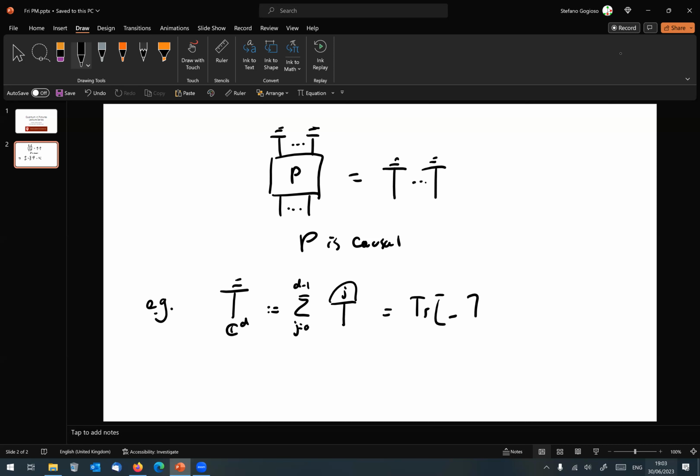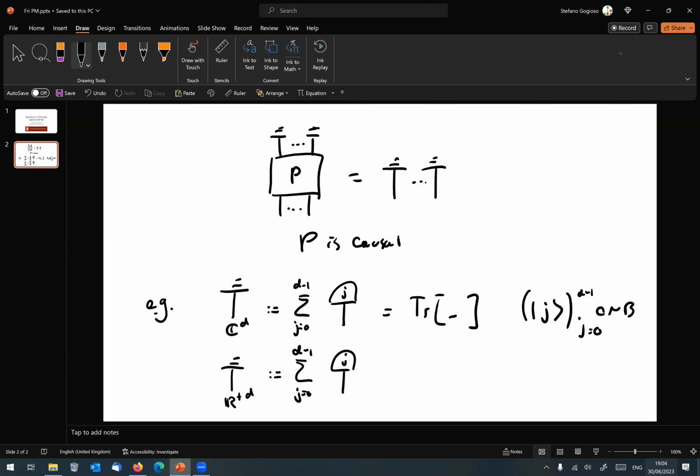It's a partial trace. In the case of a classical system, the discarding map would also be defined as the sum of the effects, but in this case they are classical states. So here j can be any orthonormal basis,